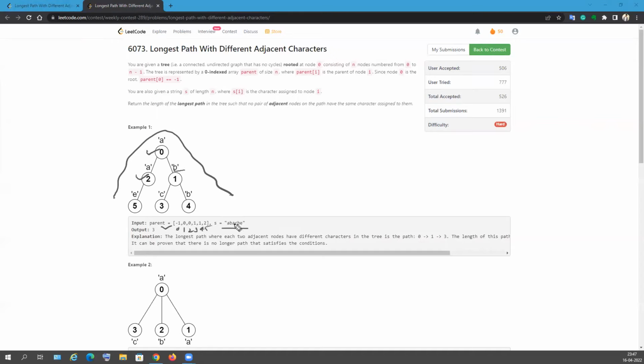And what this character means, I will explain. This is a given string, right? So the 0th node will have a character, the first node will have b, then the second node will have a again, and so on. So that's what we assigned here. Now you cannot have this path, right? But you can have